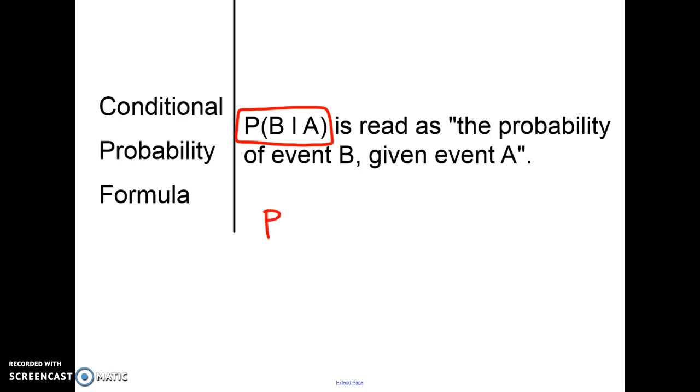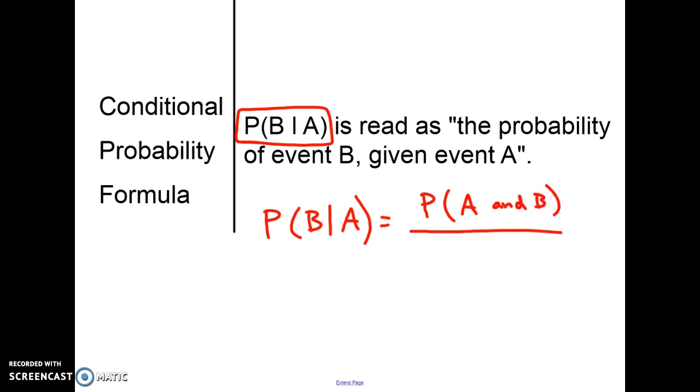So we're going to use the formula. Probability of B given A is the probability of A and B happening divided by the probability of A. And we're going to talk about that in kind of a different context, but just so that you know, that vertical line means that it's given. So we're calculating this given that